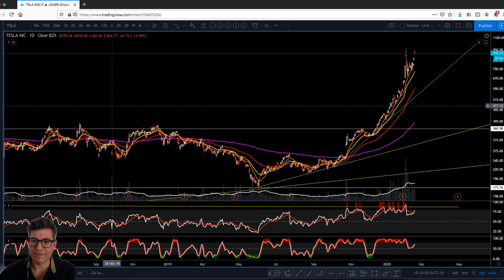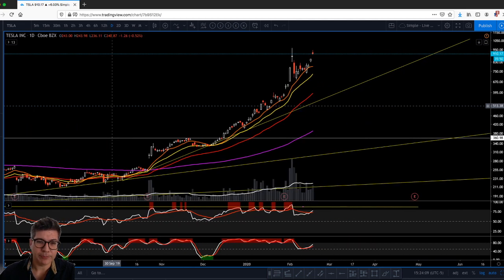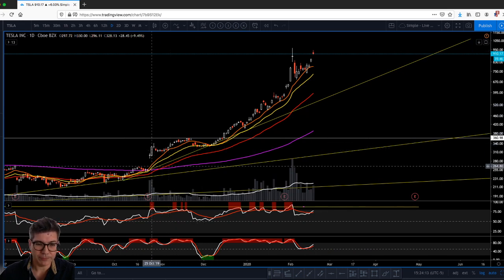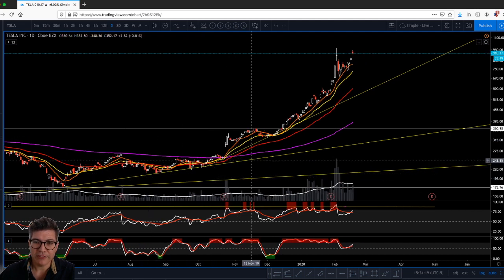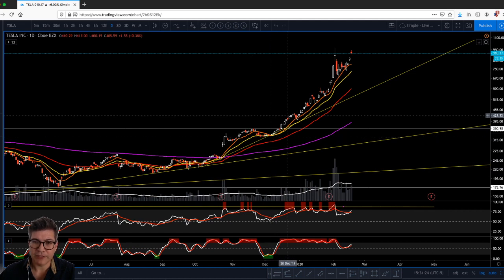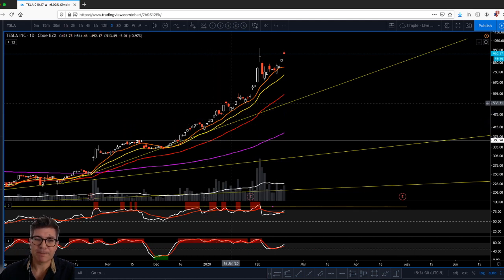So yeah, I'm going to put that sucker on. And you can see that it actually respects the 10. It actually uses that as support pretty much since the initial run. We had a little bit of a break here, but then ever since December 5th, it's pretty much used it as support. So yeah, we did break here briefly, but closed above, went above, touched the 10 simple once again,